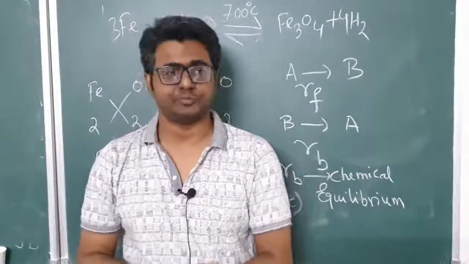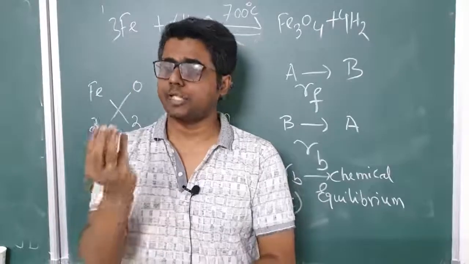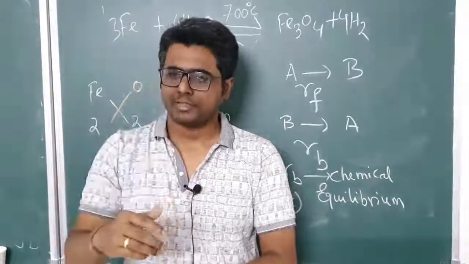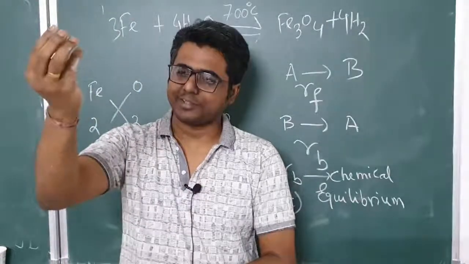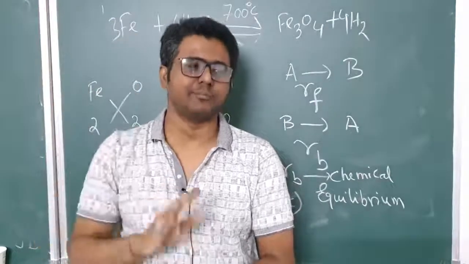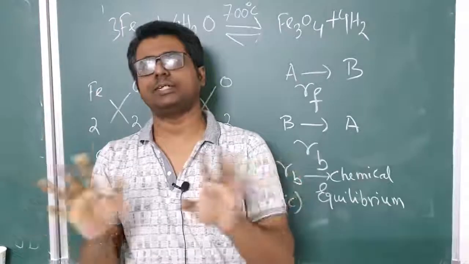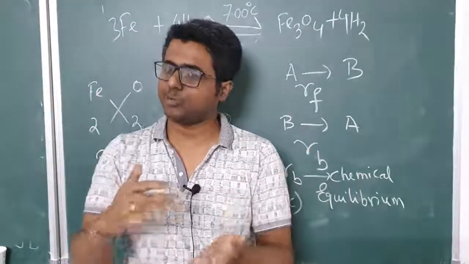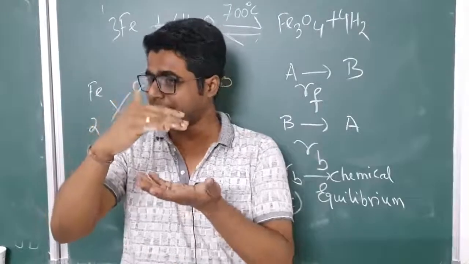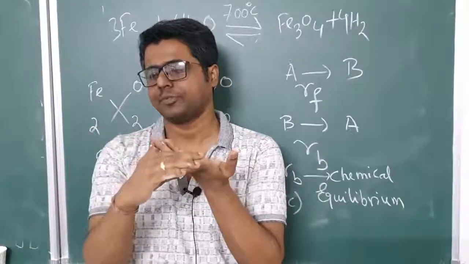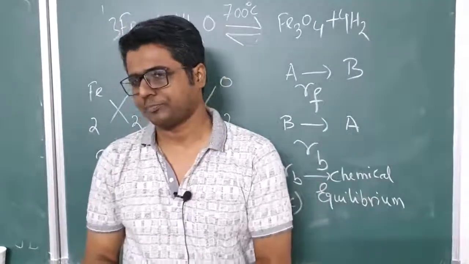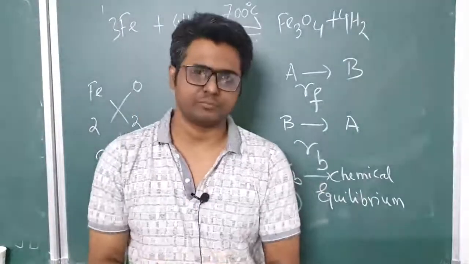Boiling is going on. The number of molecules of water going into vapor and the number of molecules of vapor coming again to liquid state is same. So from outside you are seeing everything has stopped, but from inside this process is going on. As the rates of the two processes are same, you can call it a boiling equilibrium, but that is also a dynamic equilibrium. Okay?